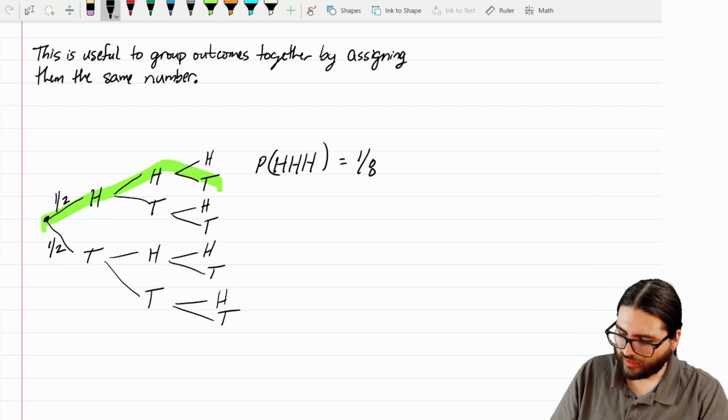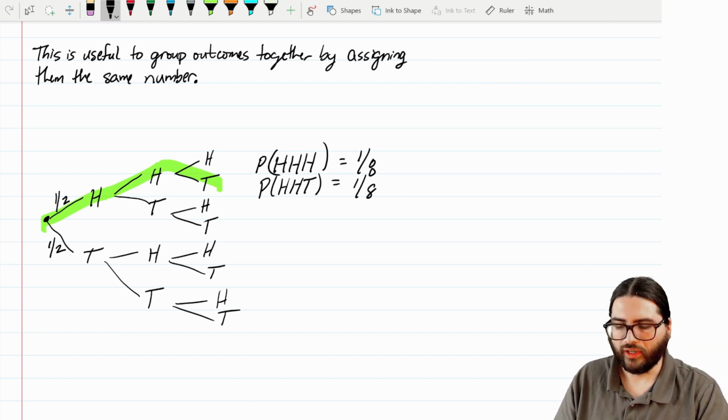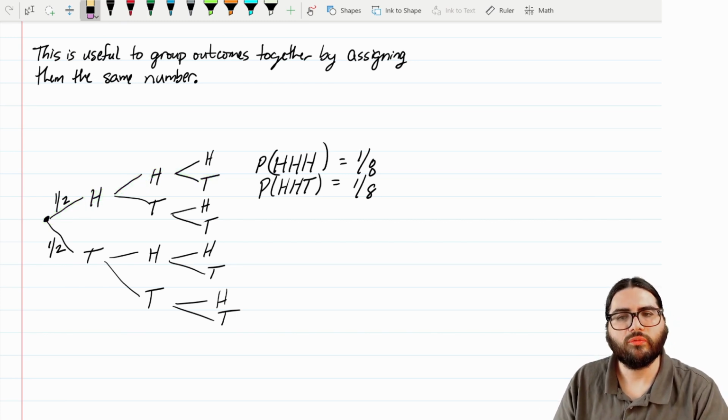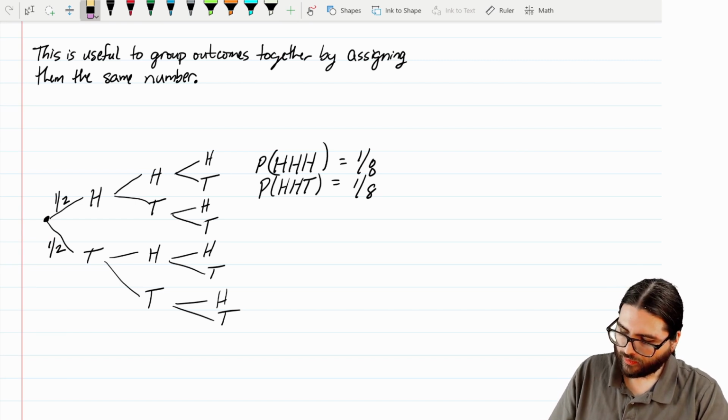The probability that the outcome I look at after 3 coins is heads, heads, tails is also 1/8. Again, every path in this tree has a 1/2 probability or conditional probability assigned to it. And so all of the calculations will be 1/2 times 1/2 times 1/2. Probability of heads, tails, heads,